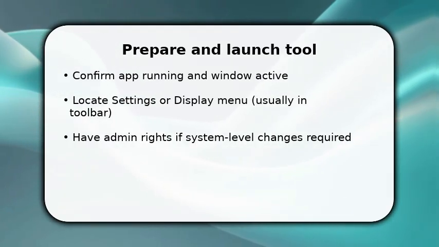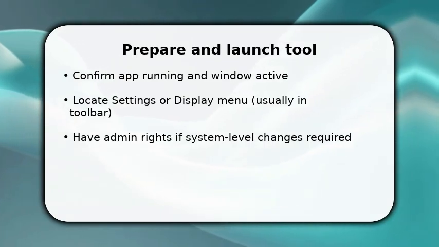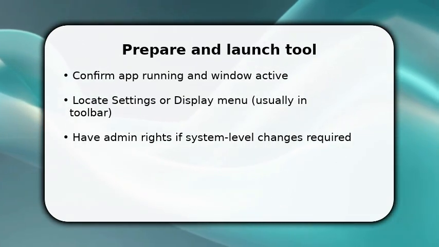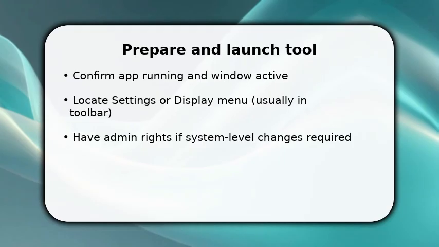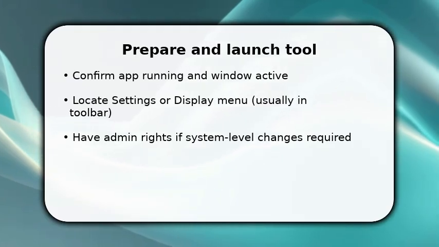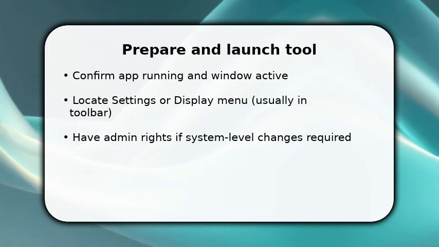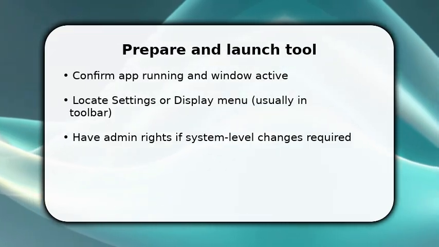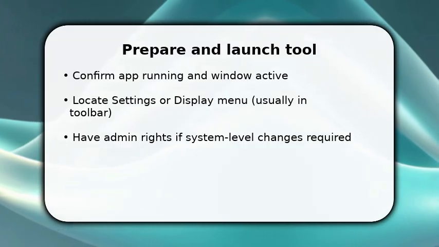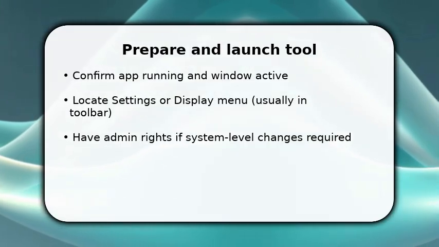You start by ensuring the program or system where you will change resolution is open and focused. This avoids confusion. Once done, open the Display or Settings menu immediately and scan for a resolution or graphics option. Make sure you have administrator rights if the option is grayed out, because system dialogues often require elevation. You're doing this now to access the changer directly, so skip unrelated menus and go straight to the display controls